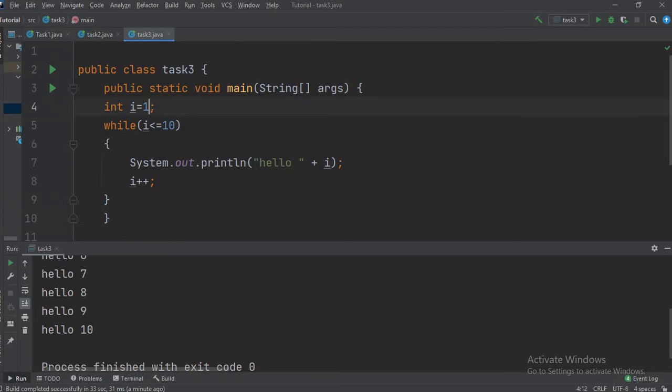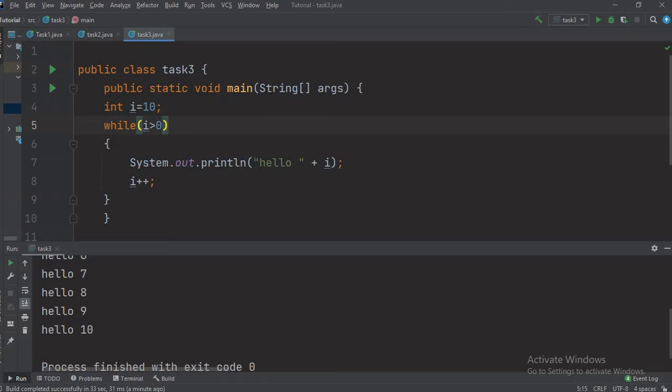Suppose you want to print the values from 10 to 1. So what you will do, you will initialize it with 10, and then you have to make some minor changes, like you can put the terminating condition as greater than 0. So it should start from 10 and it should stop when it becomes 0. The loop will run until the value of I is greater than 0.